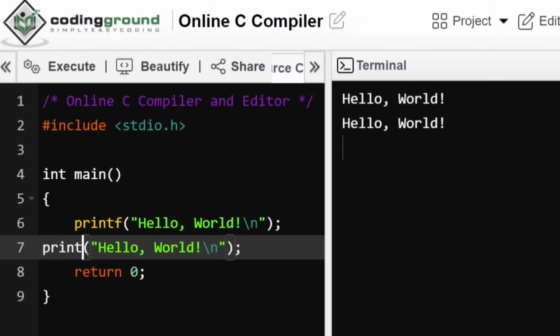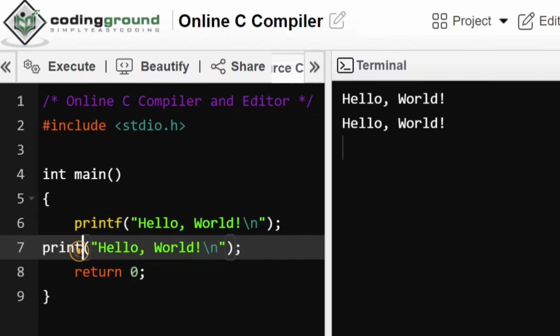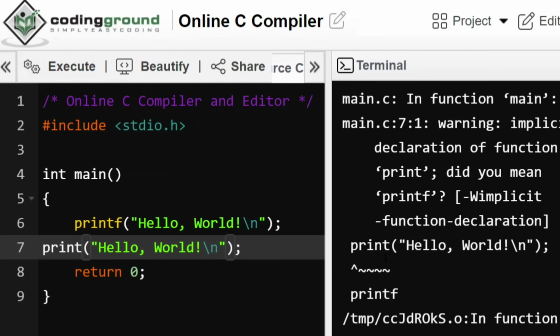I'll remove this F. So what I'm doing is making a mistake in my program. I'm going to execute. The compiler is not going to show you this in output because of the error in this line. So let's see that. Okay, so you can see I'm getting an error over here. So this is what the compiler does: if any of the lines is wrong, until you modify that line, you won't be getting the output of the previous line.